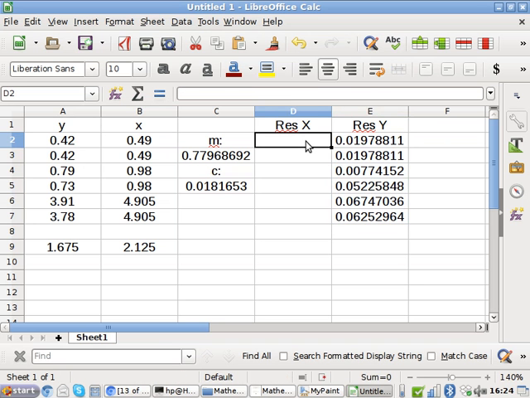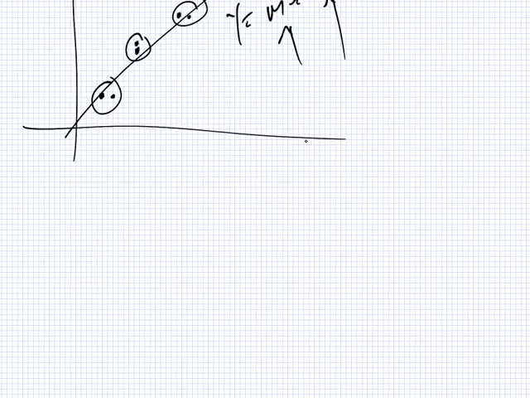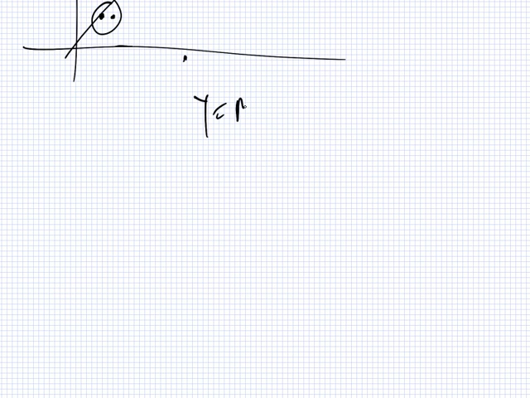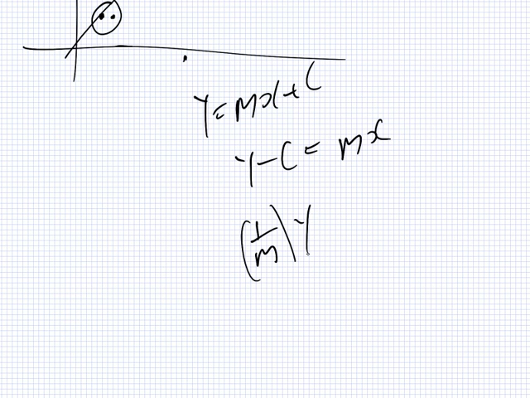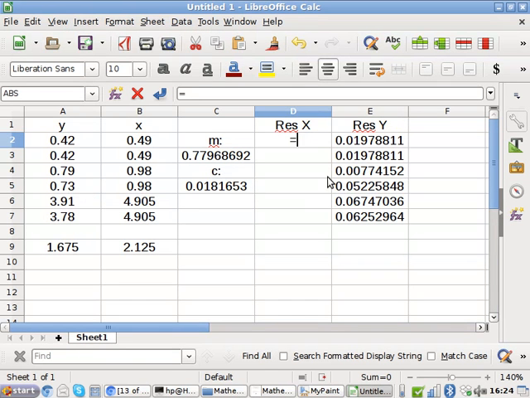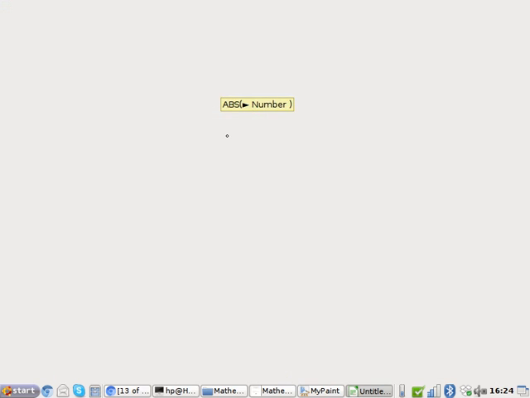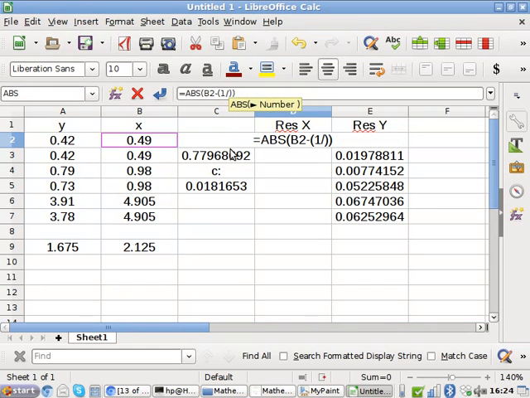Now we do the same thing for x. But for x it's a tiny bit different, because when you have y equals mx plus c, y minus c equals mx, so 1 over m y plus minus c over m equals x. So instead of using m and c, we have to use 1 over m and minus c over m. So again here we get absolute x minus, and now we have our formula, but this time, restart. Absolute x minus our formula, and this time we have 1 over m, so 1 over m with the dollars,